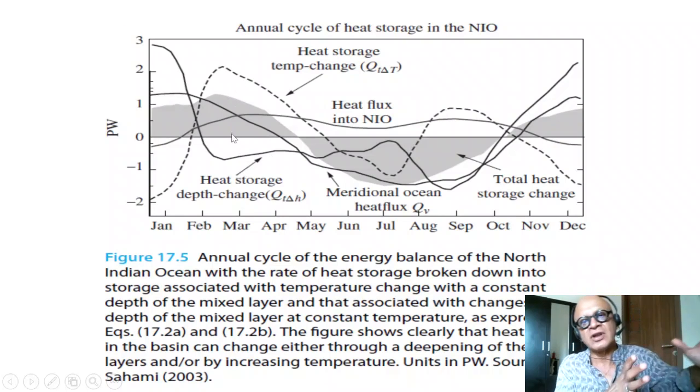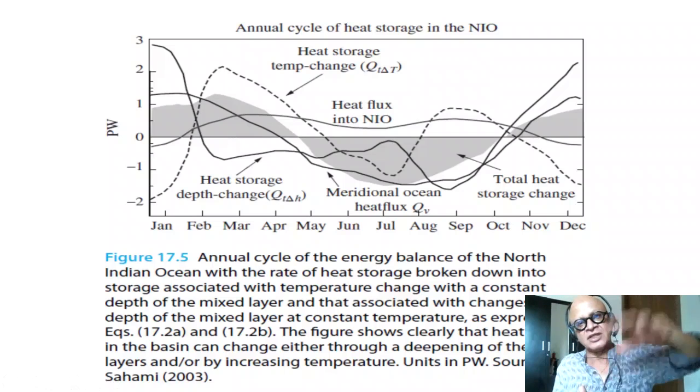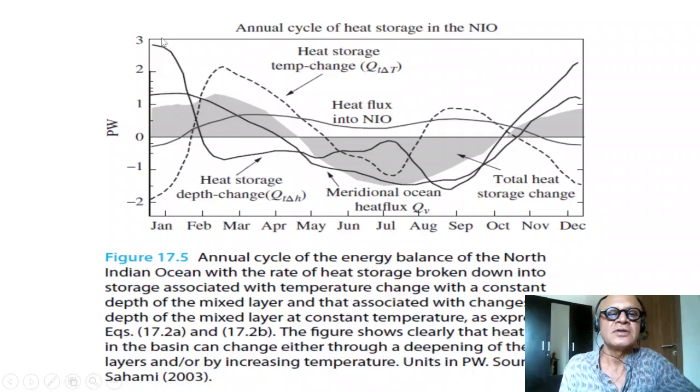So it depends on the wind driven transport versus the other terms that are creating the temperature change, and they are clearly out of phase here, but during the strong summer monsoon season they are in phase, both negative, so southward negative changes. This is the storage term, and then again they go out of phase as you go into later monsoon and